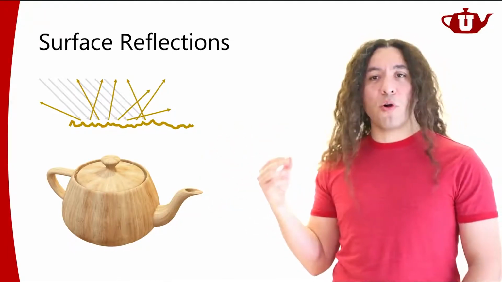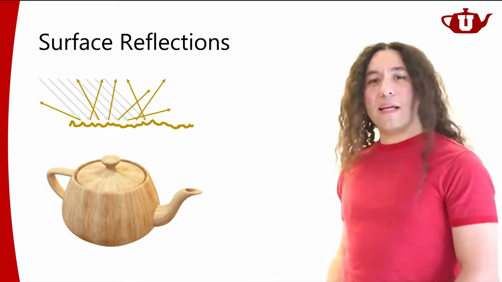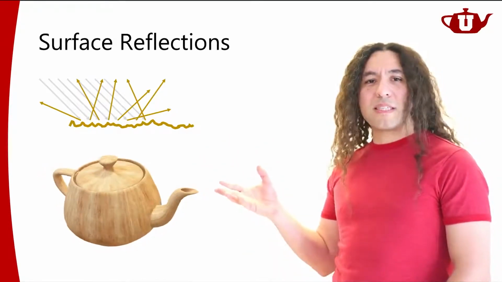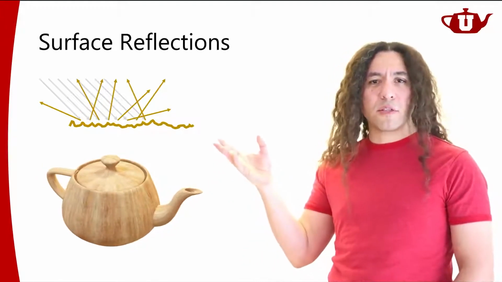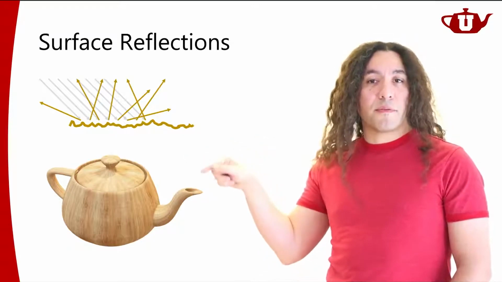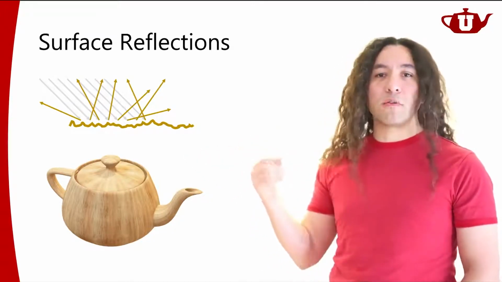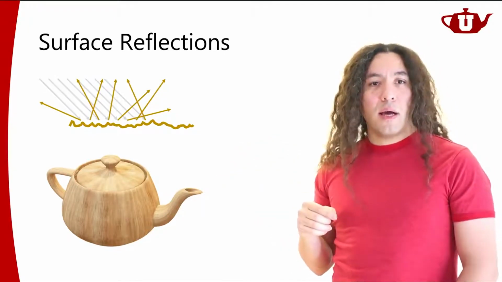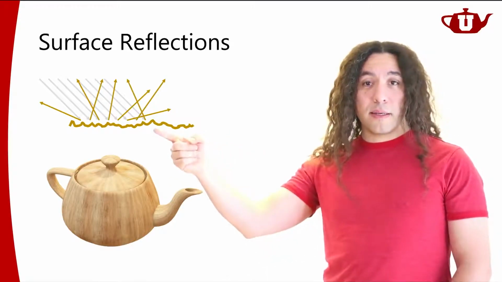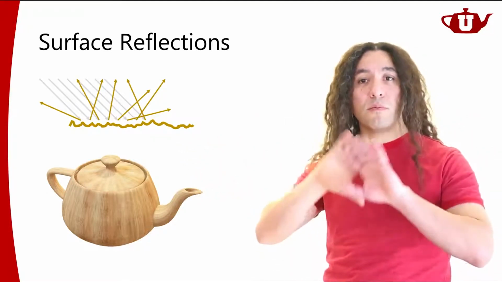If you have a perfectly diffuse surface like this one, then it won't matter from which direction you're looking at. You're going to see the same color on the surface, whatever the color of the surface is. So whatever the spectral reflectance of this material is, that's what I'm going to see regardless of which direction I'm looking at this surface. The reason why this is happening is that overall, statistically, the light beam that hits the surface is scattering in all directions sort of uniformly.